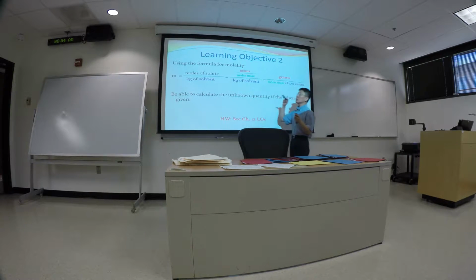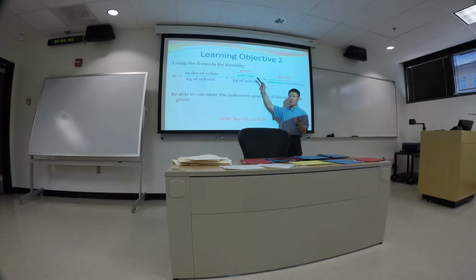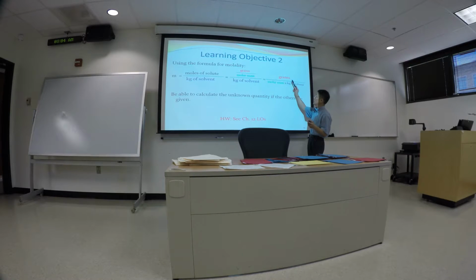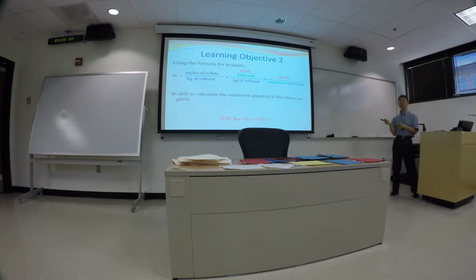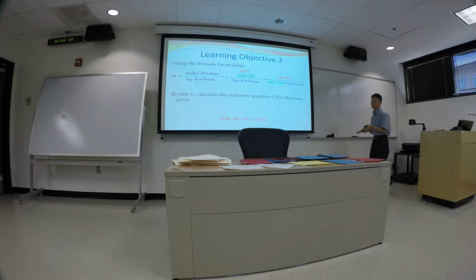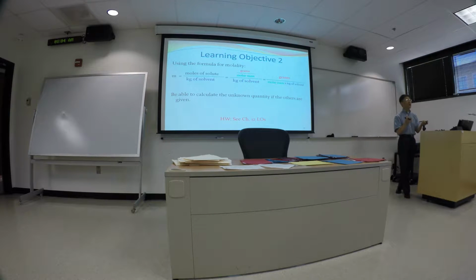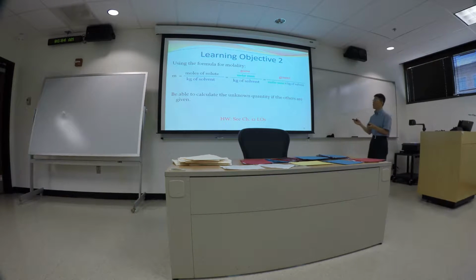Small m is the number of moles of solute per kilogram of solvent, and the number of moles is mass over molar mass. Rearranging the equation, you have 1, 2, 3, and molality, a total of 4 quantities involved in this equation. If any 3 of these 4 are given, you should be able to figure out the 4th one. Again, we're going back to the calculation part, where it's just dimensional analysis. Using dimensional analysis, setting up the conversion, and knowing the definition of molality and using the conversion factor,